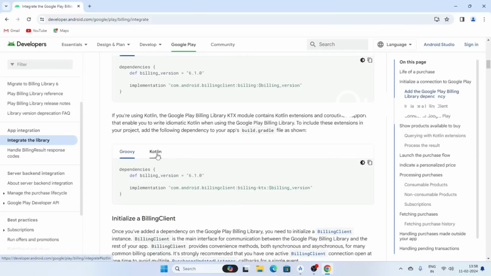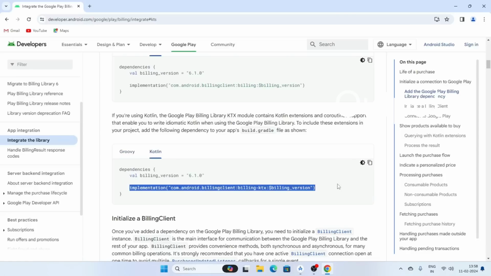And select here Kotlin and copy this line. This is the Google Play billing library dependency. So copy this